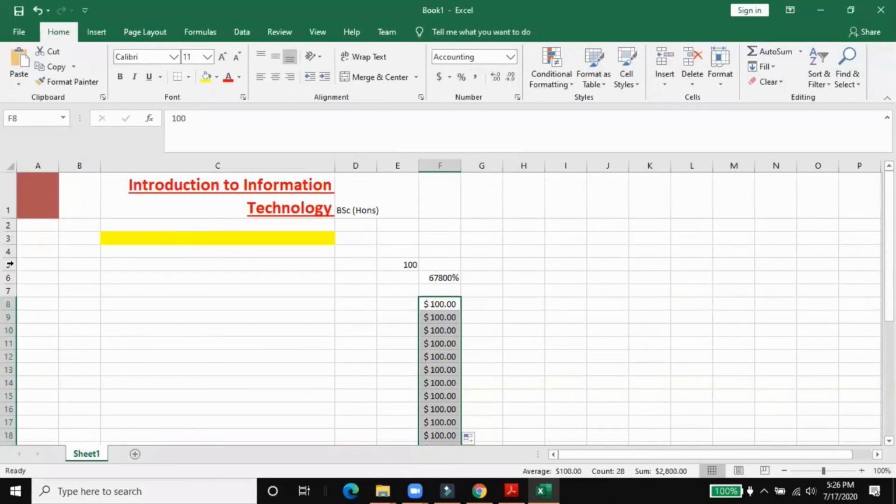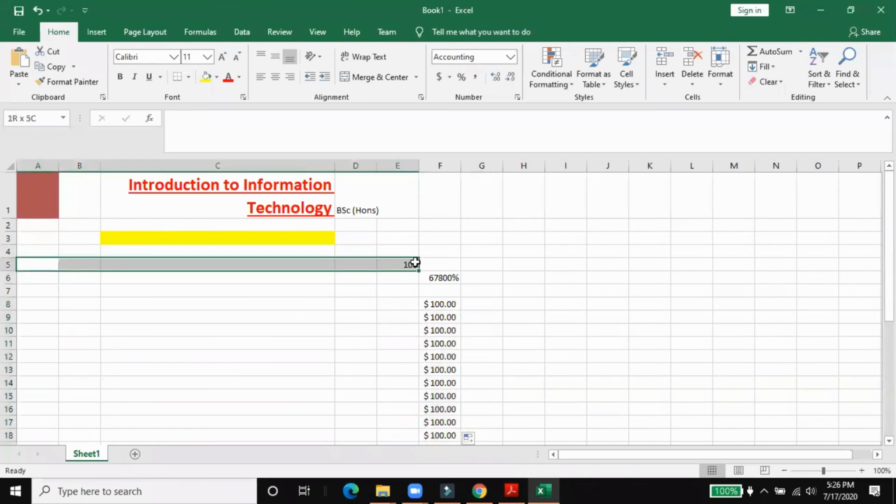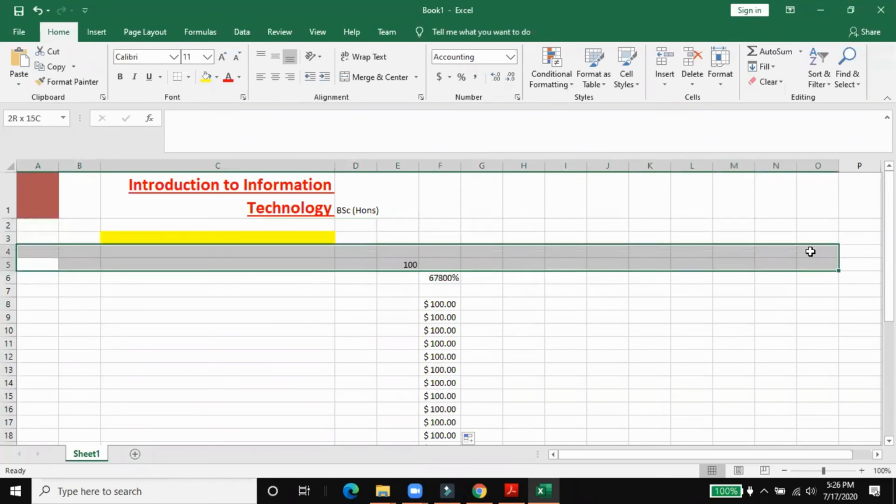If you want to highlight some area, for example, if you want to highlight that this row is a different color, as your heading row. If you want to merge two rows, for example, if we select row 4 and row 5, you can easily select the cells you want to merge.